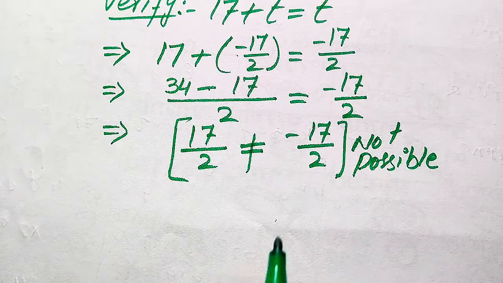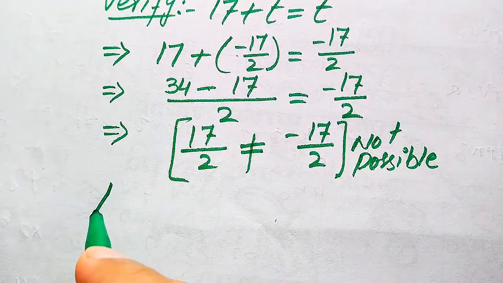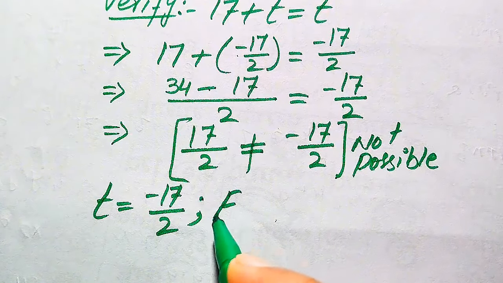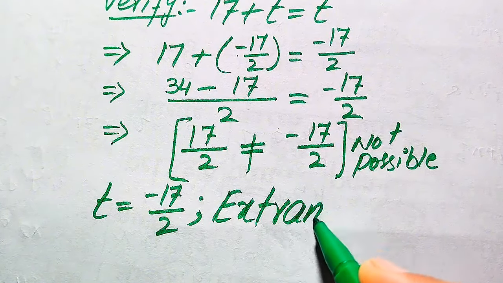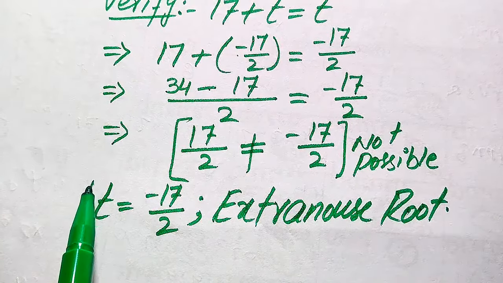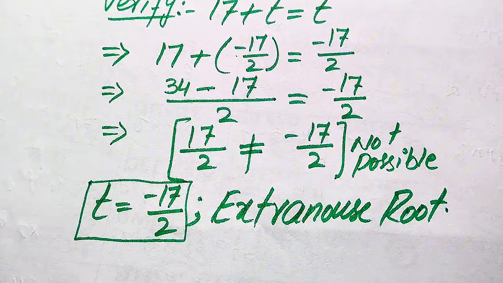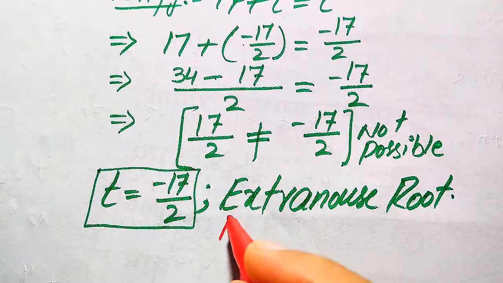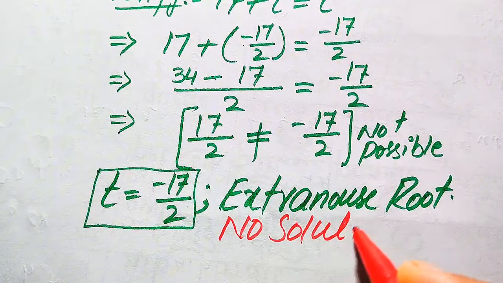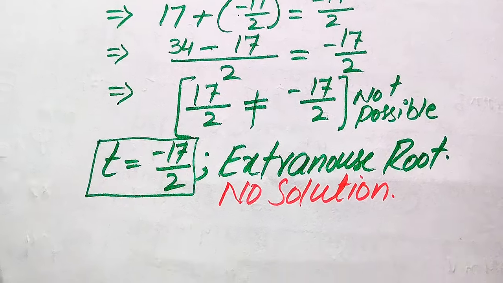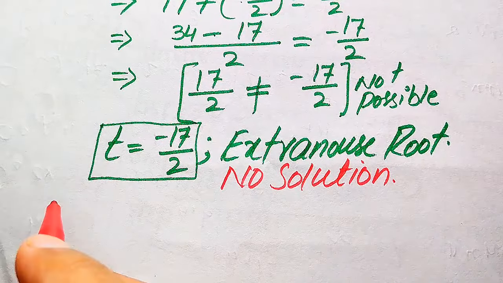So if this is not satisfied, we conclude that t is equals to minus 17 divided by 2 is the extraneous root of the given equation. Okay, so this is the extraneous root, and it is not a solution. So you see here we cannot get any other value of t which satisfies our given question statement. So we conclude about the solution part of this question that this question has no solution, because we cannot get any other value of t. So this is the final conclusion about the solution of this question from the first method,